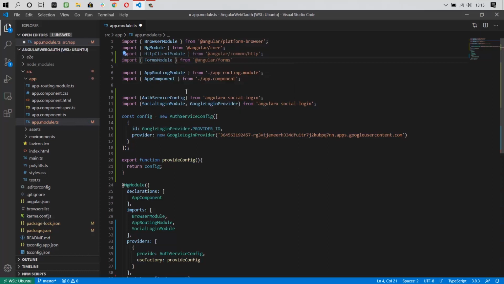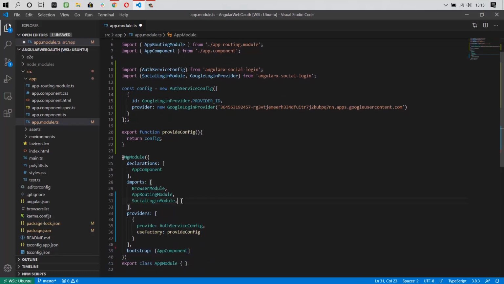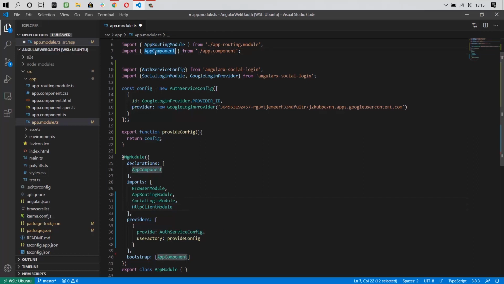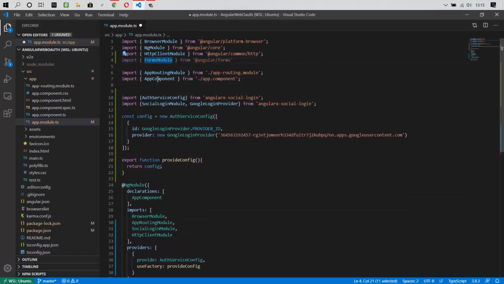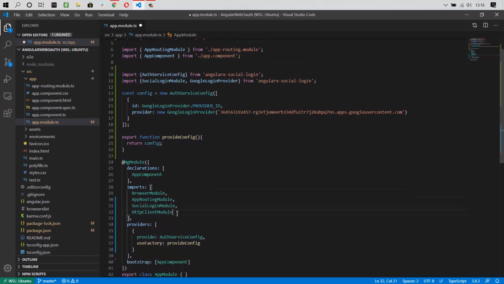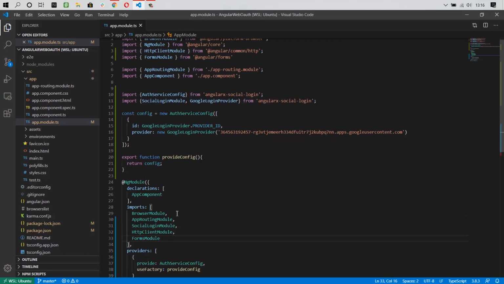FormsModule, that's it. And we need to add this to the imports of our NgModule. I'm going to copy the client module first and then paste it in the imports, and the forms module, I'm going to import the forms module in imports. Done. Now we have successfully completed app.module.ts.